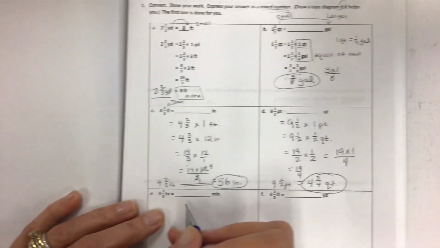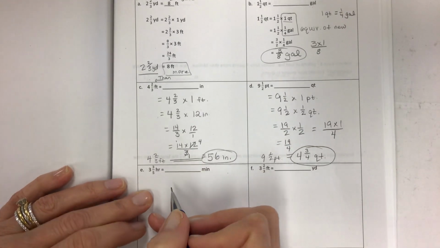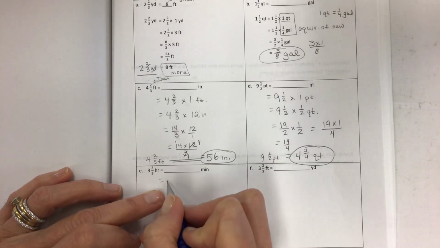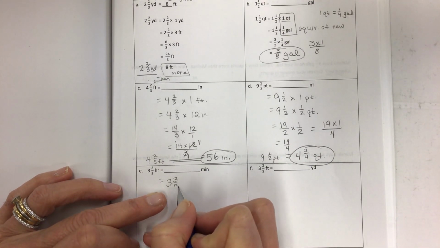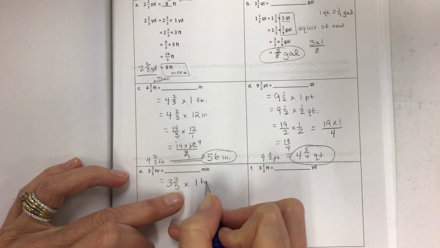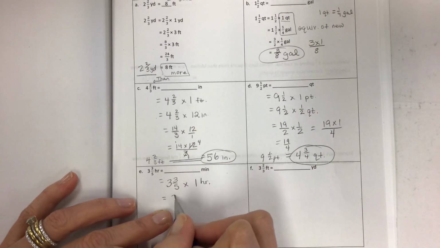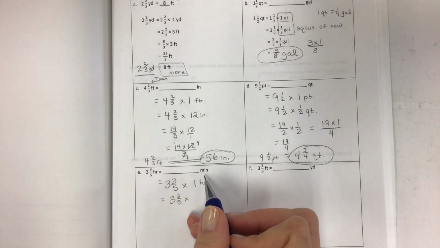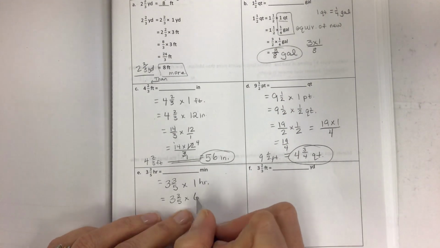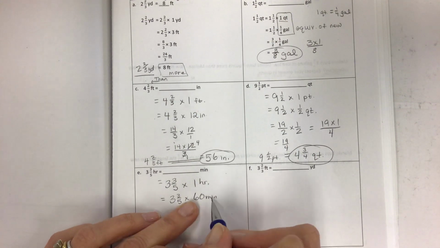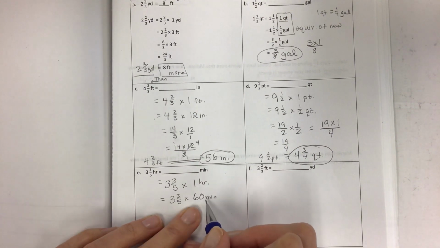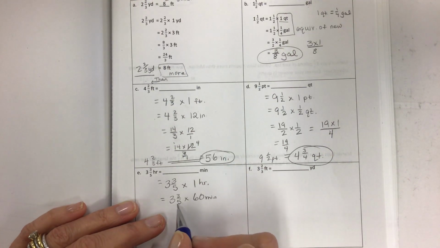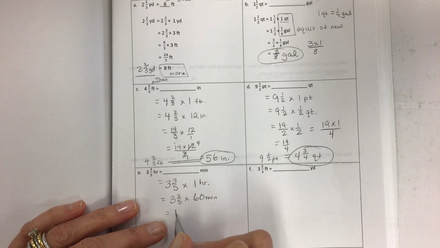Okay. So next one, 3 3/5 hour is equal to how many minutes? An hour is larger, minutes are smaller. So 3 3/5 times 1 hour. And then same thing, copy, copy, copy. And then 1 hour is equal to how many minutes? So again, we've got to have the equivalent, and this is a smaller unit here, so it's 60. So I have more of the smaller unit. Change this to an improper fraction. 5 times 3 is 15, plus 3 is 18,